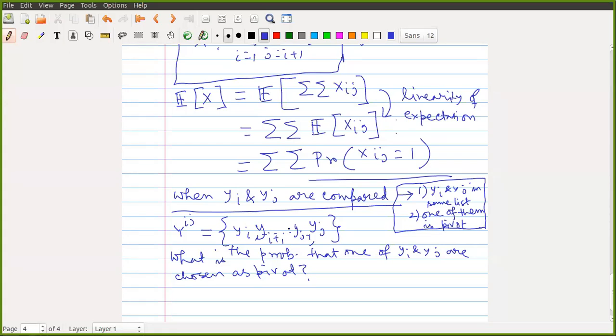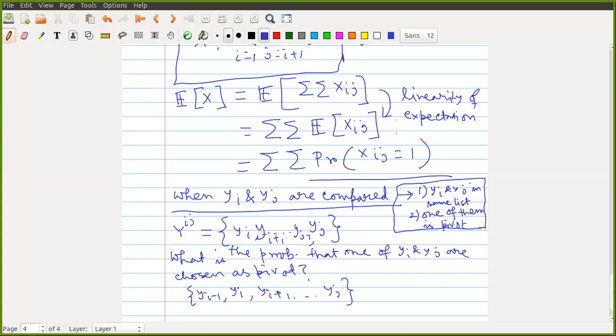So basically for some i and j there will be some sort of a list like this. Suppose this list also contains yi minus 1, right? If I understand your question correctly, what if the list contains, suppose, yi? Suppose it contains yi minus 1 and yj, and this is yi, this is yi plus 1 and all. In that case, tell me when yi and yj will be compared.